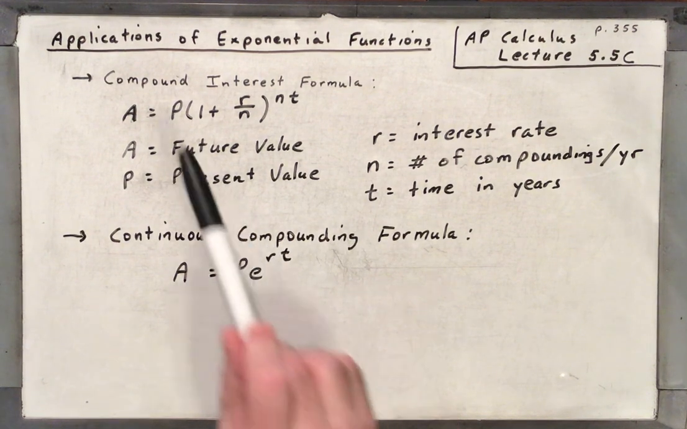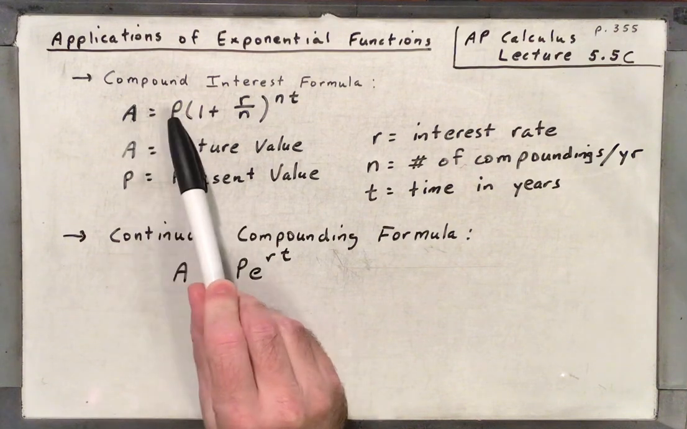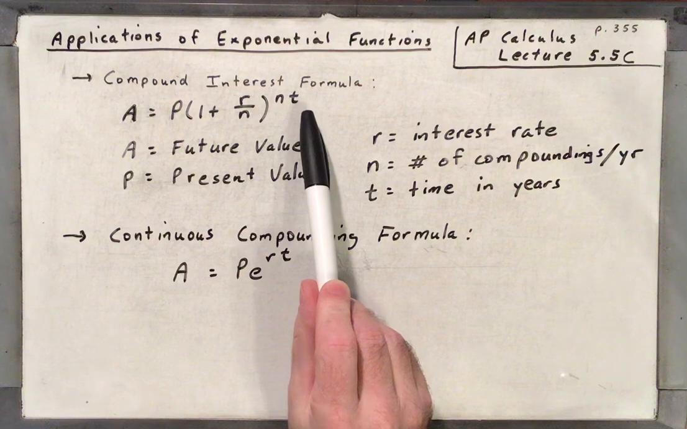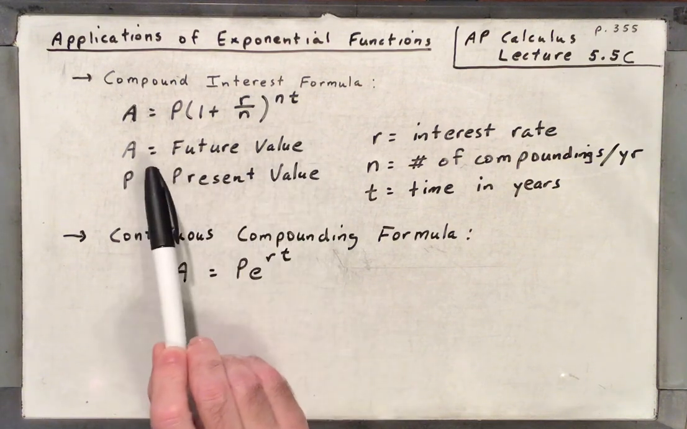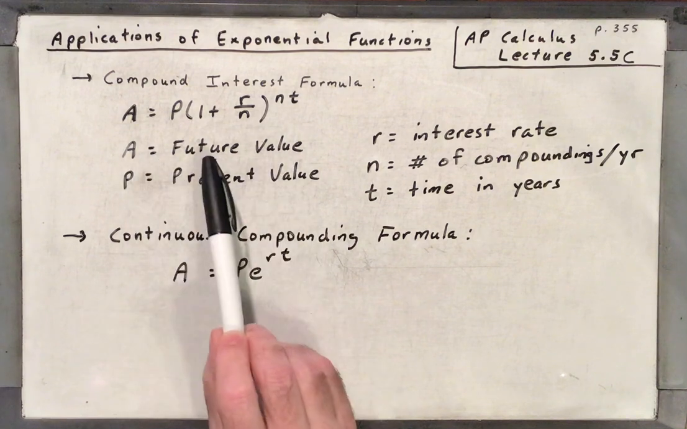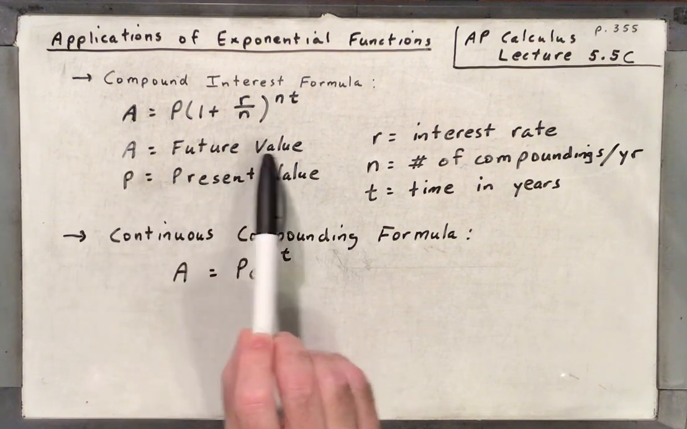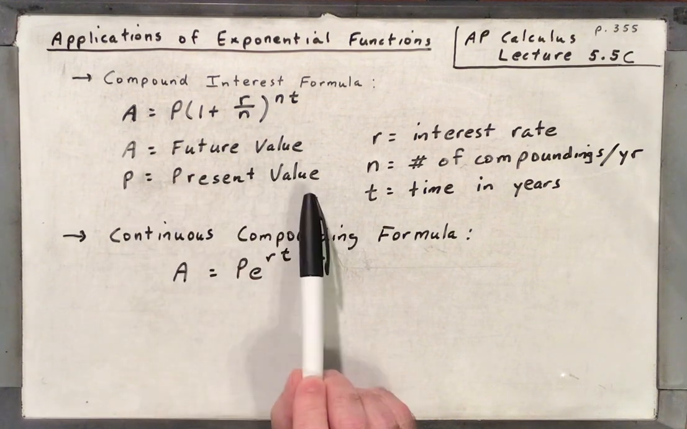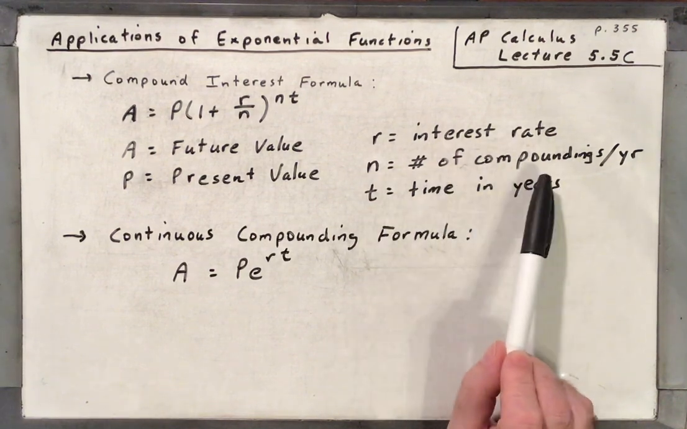And the first one is the compound interest formula. So that is A is equal to P times (1 plus R over N) to the NT. A is our future value. The book uses A. In pre-cal, I used F for that. I don't think A is the best letter for that, but we'll just go with what the book has. So A is future value, P is present value, R is the interest rate,